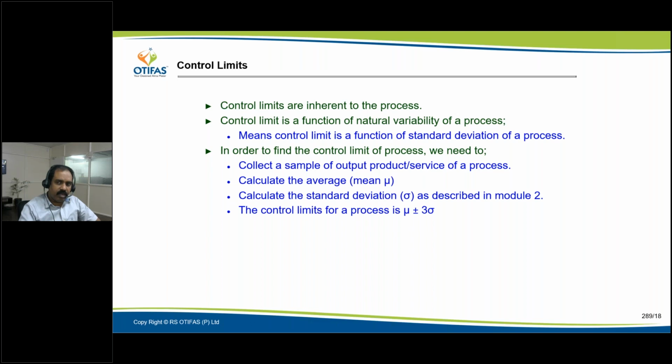If you want to improve your control limit, you need to work on the standard deviation. If you have more standard deviation, your control limits are wider. If you want to reduce the control limits, you need to reduce the standard deviation, and standard deviation is nothing but variation. So when you reduce the variation, your control limits are better. Understood? So control limits means,